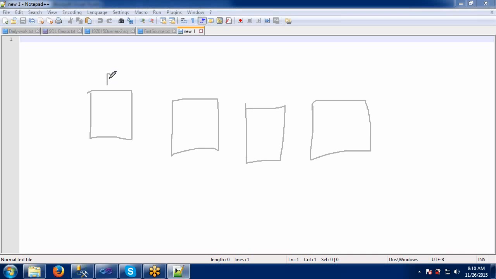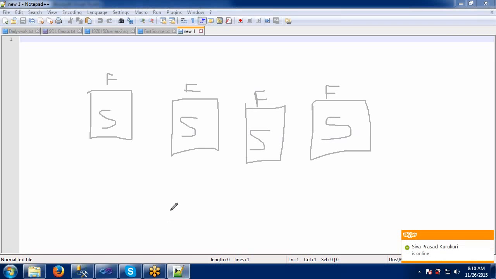These are all source. And I have one table here.